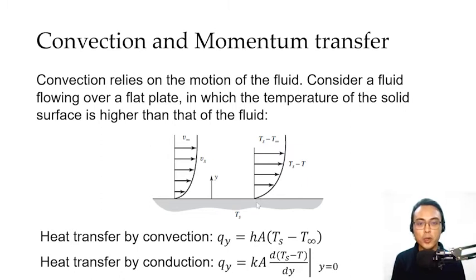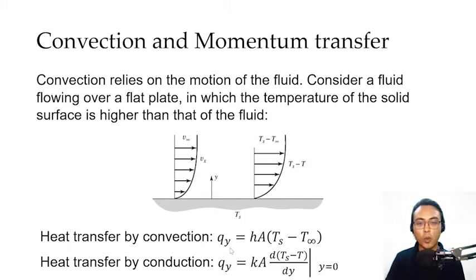That's why its temperature must be equal to the temperature of the surface of the flat plate. And if the fluid layer directly adjacent to the boundary is not moving, therefore, there is no convection happening on that layer. We still have a very, very thin layer of conduction due to the no-slip boundary condition. So if you write our governing equations for convection and conduction, for convection we have Qy, meaning the transfer of